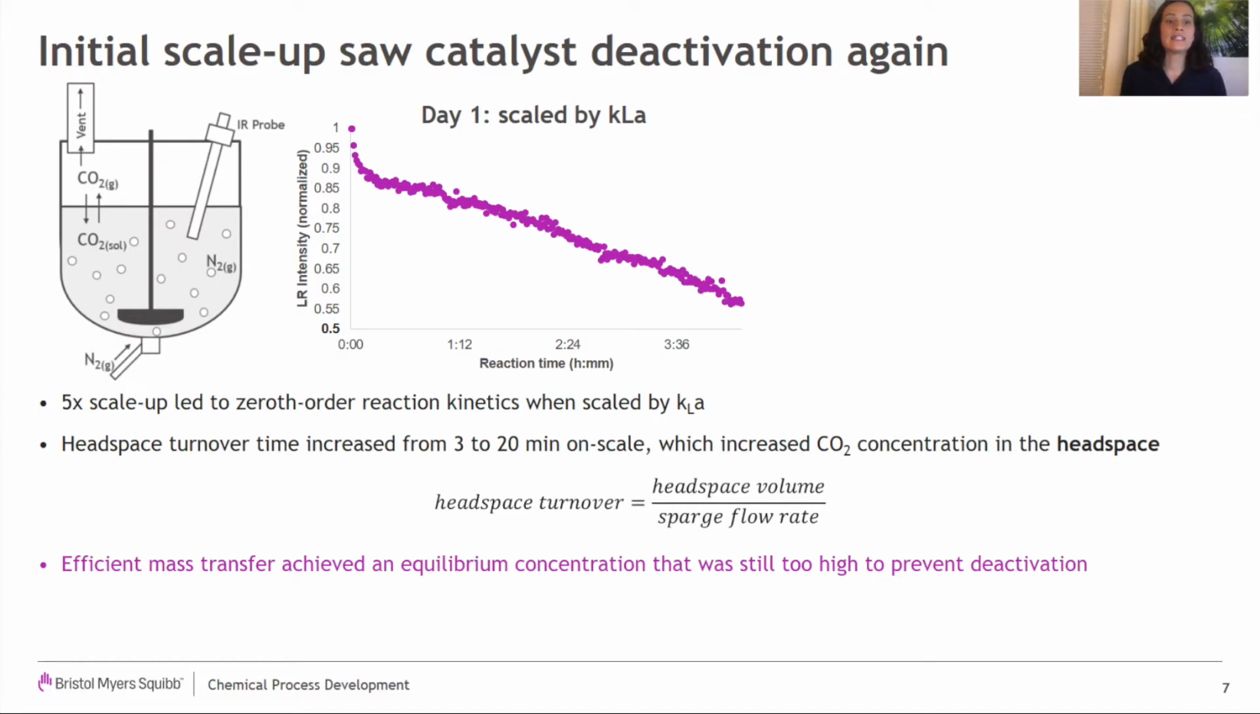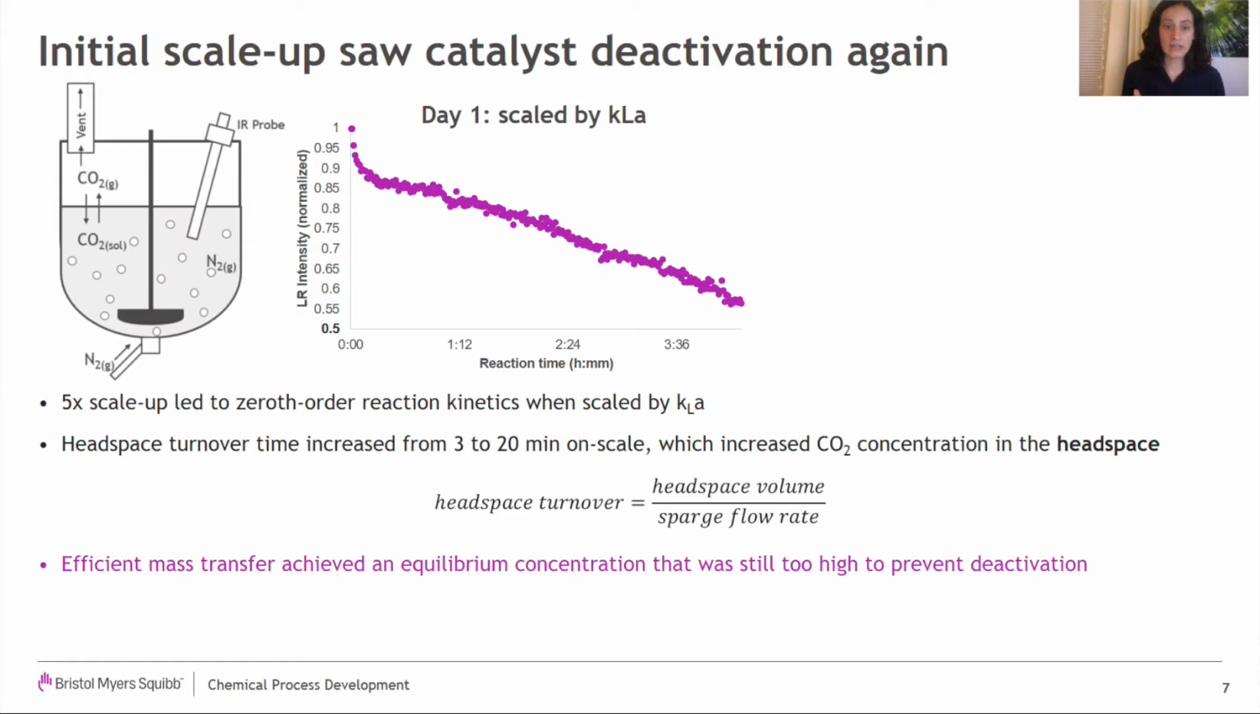So if we look at headspace turnover time, that increased significantly because in lab, the headspace turnover is very small, 3 minutes, which is the headspace volume over the sparge flow rate. When we go to the kilo lab, the sparge flow rate is not scaled directly. So we saw a headspace turnover at 20 minutes on scale, which means that we're not actually purging carbon dioxide